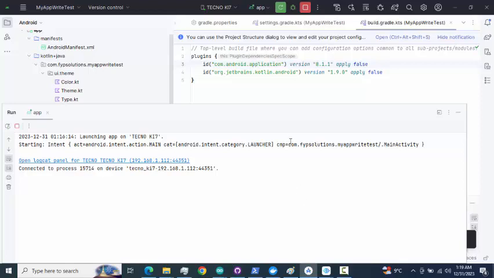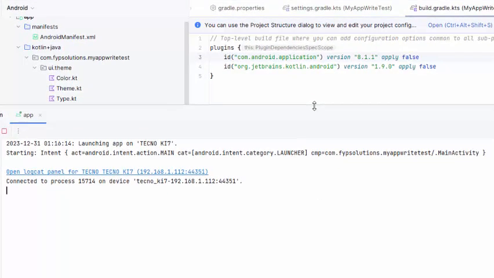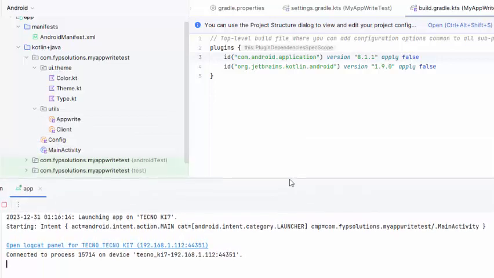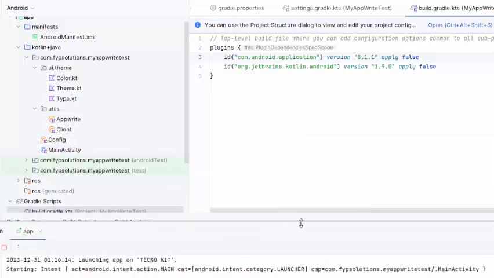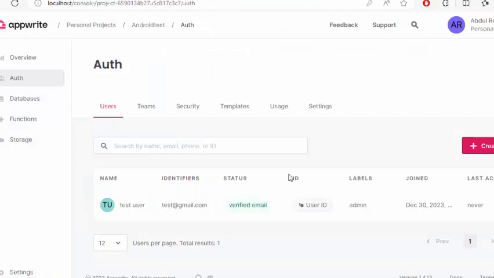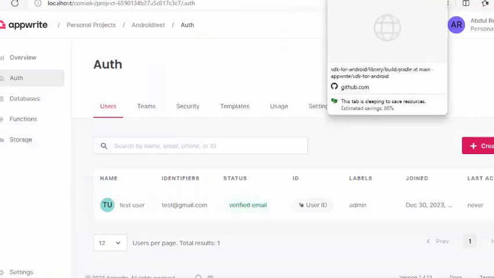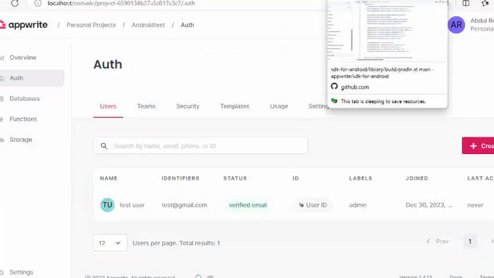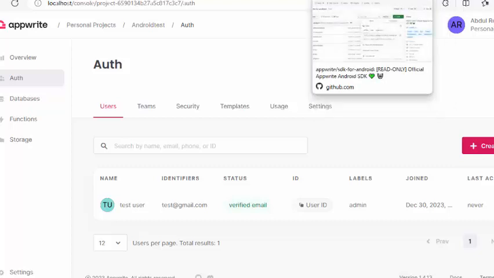Okay, we'll see. And by the way, how I resolved the error of OkHttp, what I did was I just changed this version to 8.1.1, so I downgraded this. This was reported in a GitHub issue with the official SDK library,